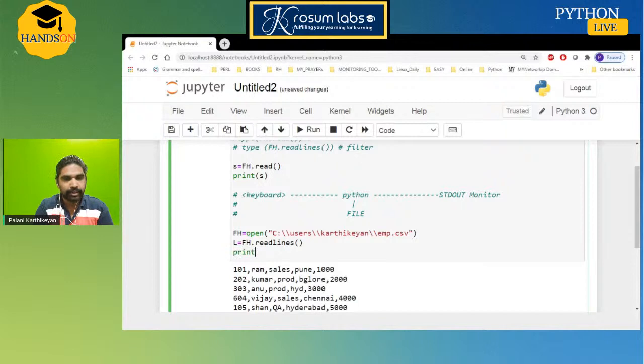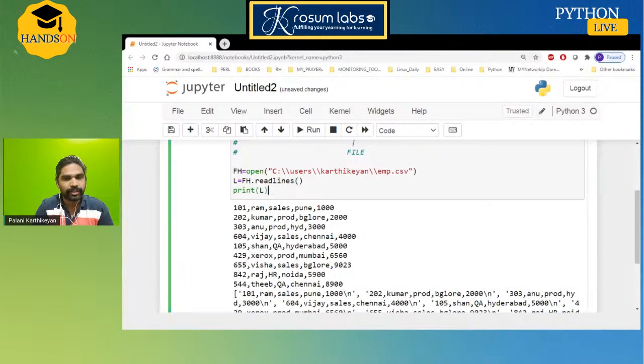If you simply print the list, it is fine if there are 3 or 4 lines. Assume your CSV file contains 100 records, 1000 records, 10,000 records, or a million records. For those use cases this style is not advisable, but from a learning point of view, I'm showing this possible list way.